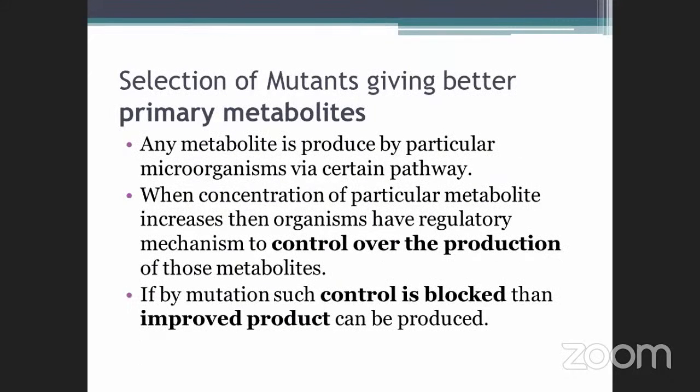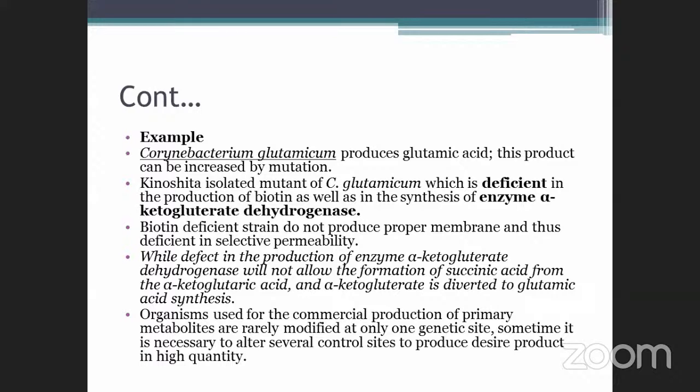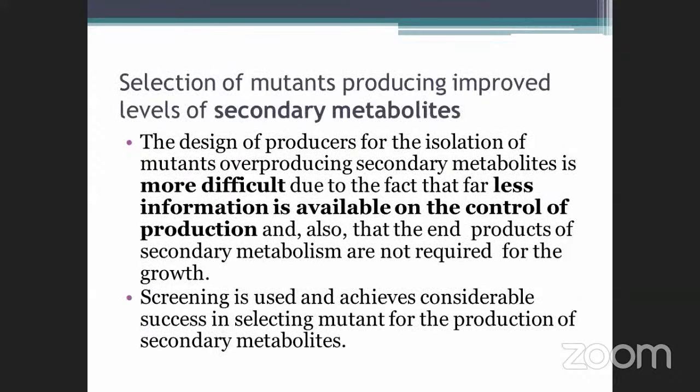primary metabolites, they are essential for growth, and that's why the pathway and the enzymes required to carry out the different reactions in the pathway are already known. But in the case of secondary metabolites, this is not true, or not entirely correct. So screening is used and has achieved considerable success in selecting mutants for the production of secondary